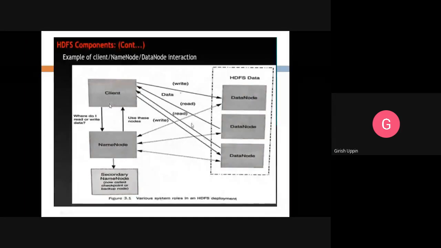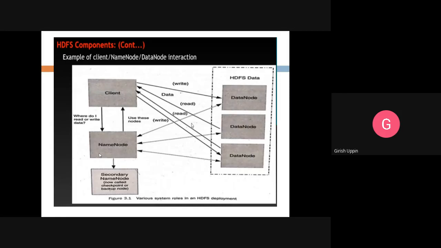It is mainly like we have the name node, which works as the master, and we have the different data nodes which work as slaves. The name node will have all the metadata, and all the data nodes will have the actual data that is stored, and the information about what is stored where. Their mapping, all that information will be available with the name node as metadata, and it will be in the memory.